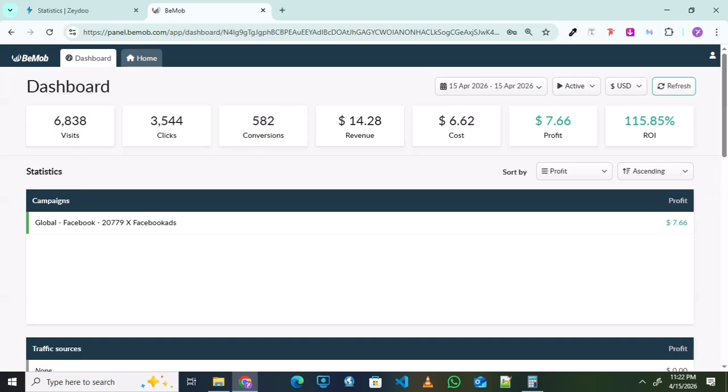So let's say you are driving traffic to a smart link, like maybe on Monetag or Astera smart link, right? Those ones you won't be able to use postback, because there's no place to put postback. But there is also a way you can do it: you monitor the sub ID, you monitor the zones, and you check the visits and the clicks, and the zones that are giving you visits and no clicks on the offer. If you are getting visits and no clicks on the offer, that means the traffic is bot,